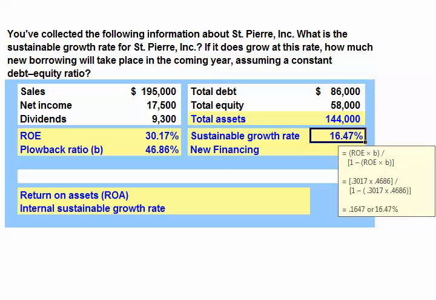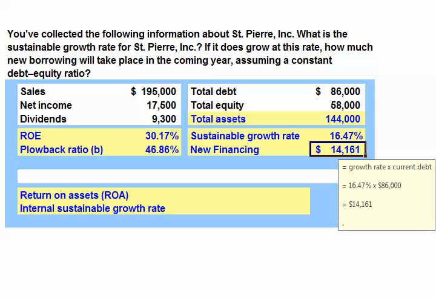plowback or retention ratio of 46.86%, and then dividing that quantity by 1 minus our return on equity times our retention ratio. We get a sustainable growth rate of 16.47%. Our sustainable growth rate means that our assets, debt, and equity all will have to increase by this 16.47%. Thus, the new financing we need will be our